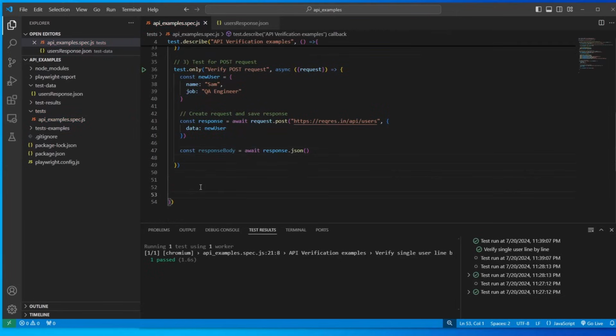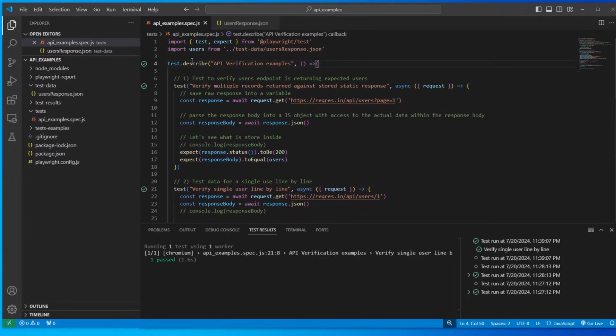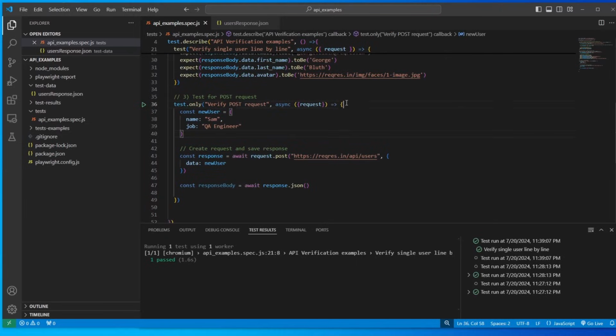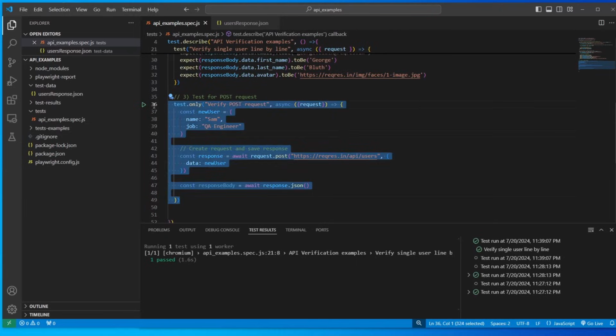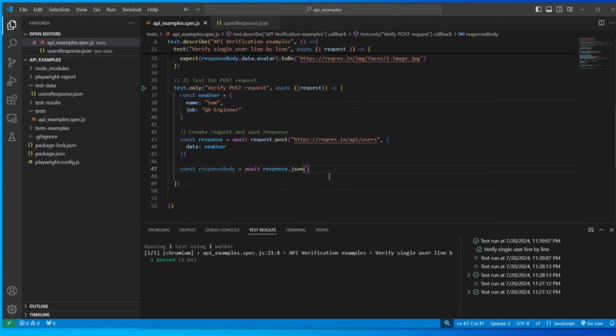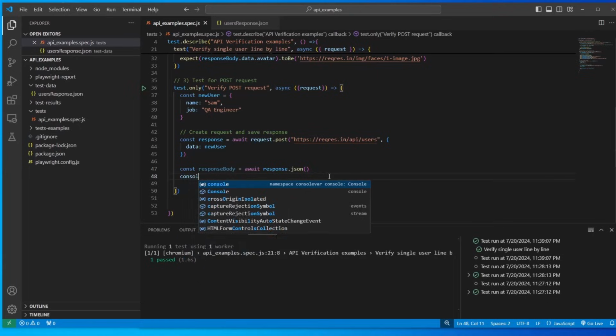This is already outside of test, just inside of describe block, but we want everything to be within the scope of this test, right? Okay, so we have response body, and let's also print it out so we can see what's actually coming back. So console log